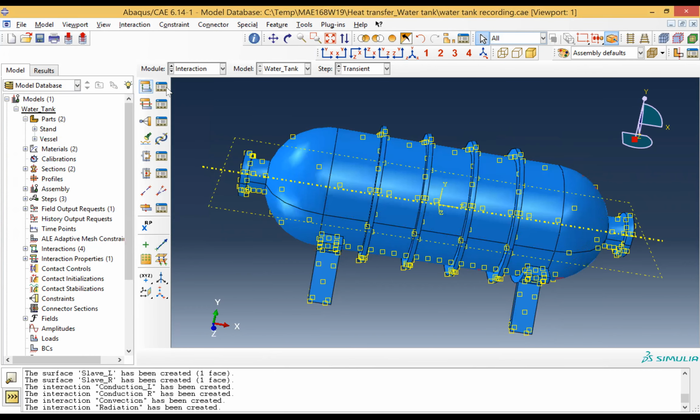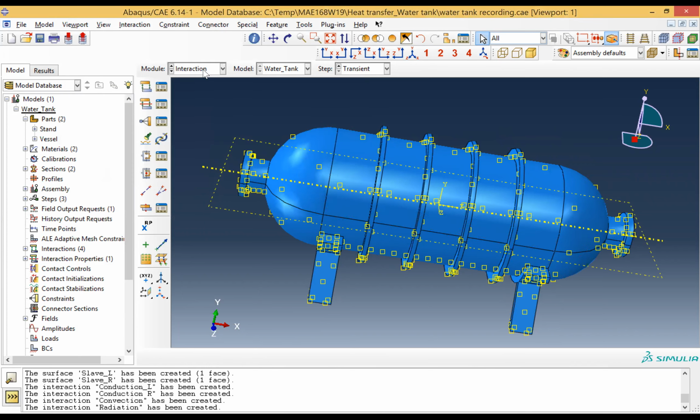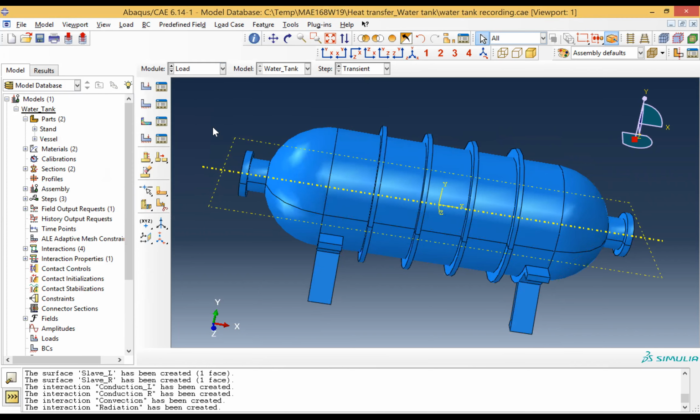All right. We can see in the interaction manager all the interactions we created: conduction, convection, and radiation. All right. The next step is in the module load. There is no mechanical load for this problem, for this finite element model analysis, but we need to create some